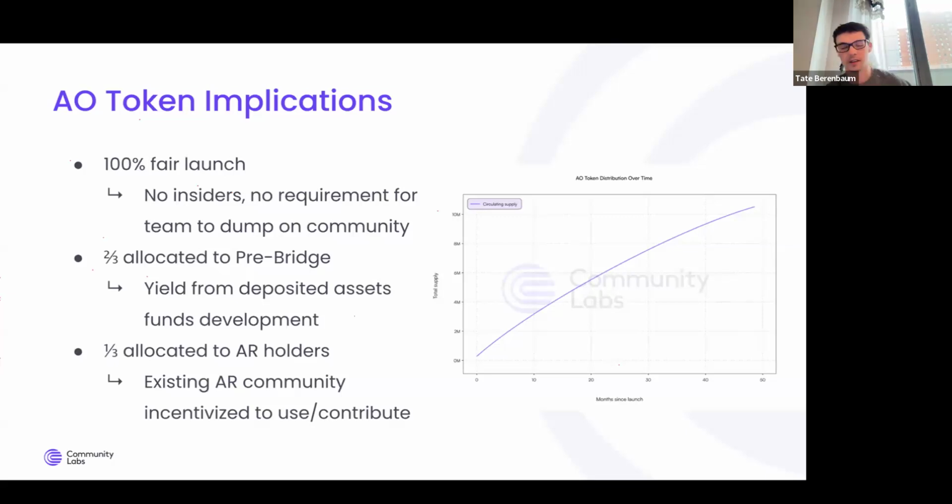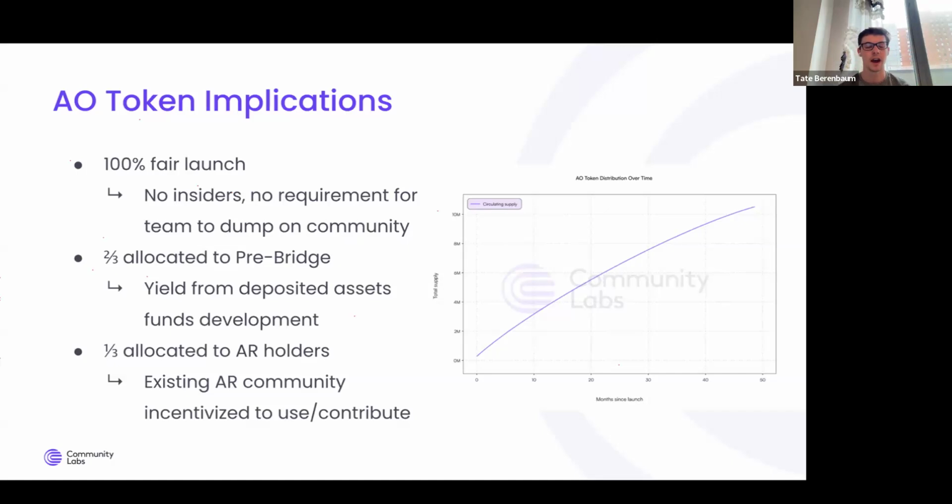What that means in practice is that the core team building AO are able to earn yield from the deposited yield that people are putting in to earn AO tokens in exchange. In other words, maybe to simplify, this leaves the core team with tokens that are not AO tokens. So selling them doesn't actually put sell pressure on the AO price and risk damaging the community.